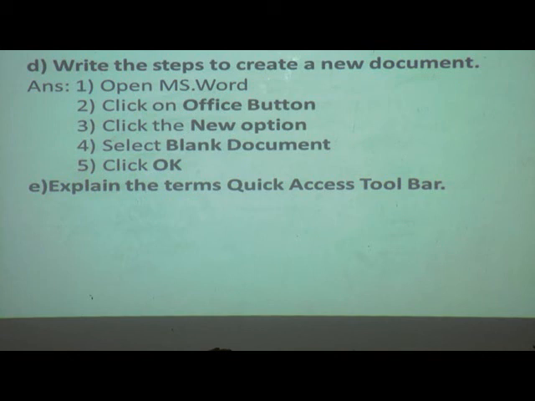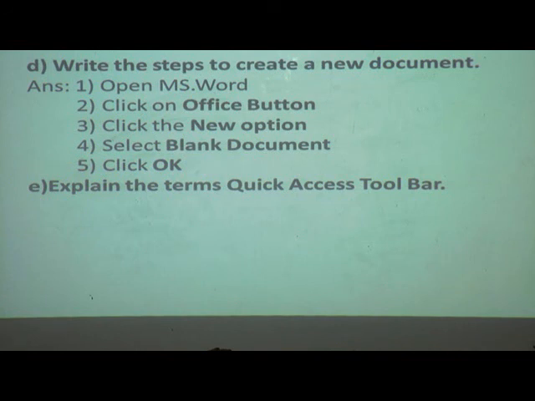Firstly open MS Word, then click on the Office button, then click on the New option, then select a blank document and then click on OK. Firstly open MS Word, click on the Office button, click the New option and select the blank document, and last click on OK.